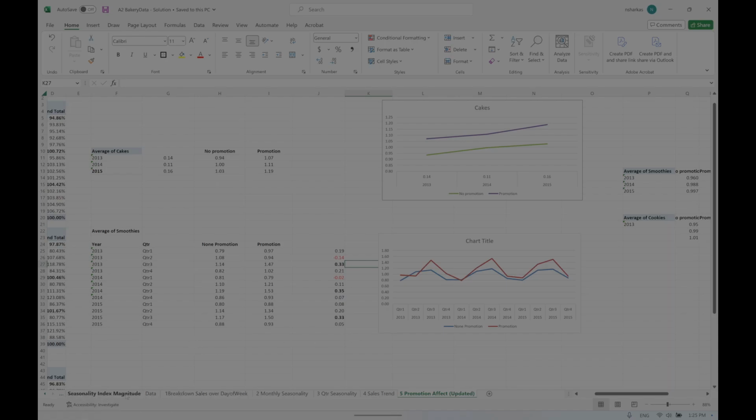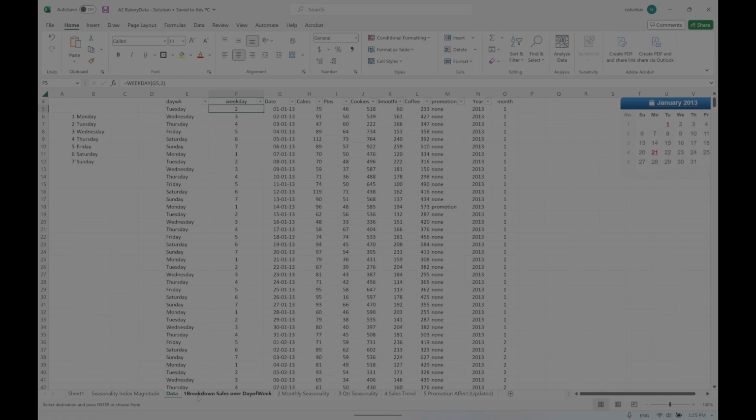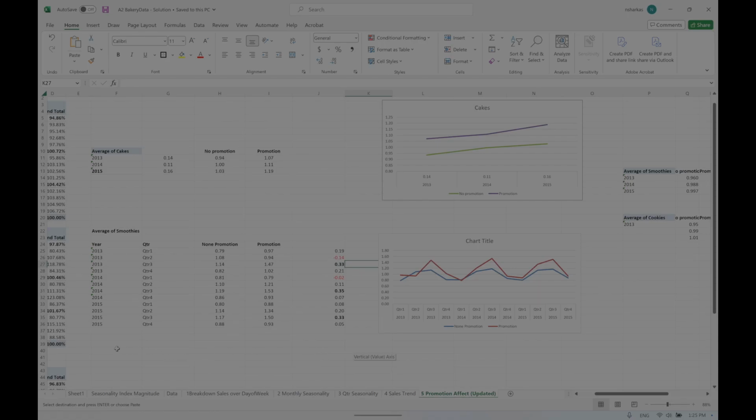So this is all right. As you can see here, this is the seasonality index for smoothies for this quarter. Do you see? And this is actually the seasonality indices for different quarters. I got lost here. So if we take this piece of information also into account, we find out that, if we take these guys here,